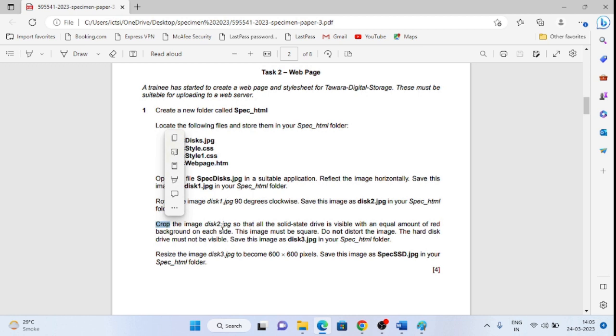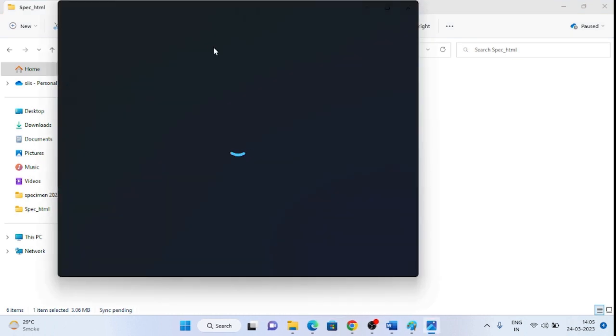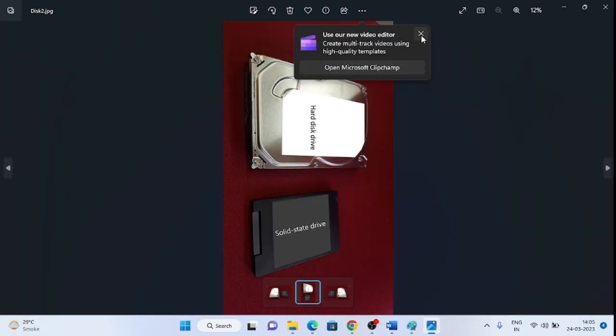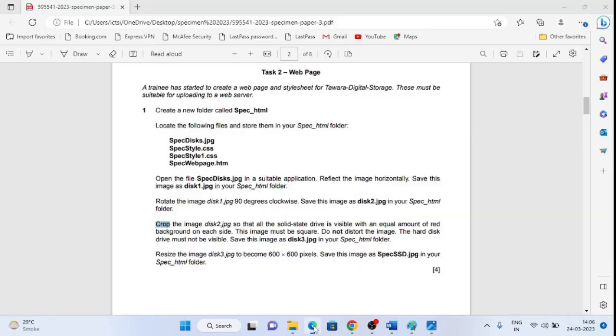Now crop the image disk2.jpg so that all the solid state drive is visible with an equal amount of red background on each side. So the image which we saved in the previous question as disk2, we need to crop that image, and only this solid state drive should be visible, right?